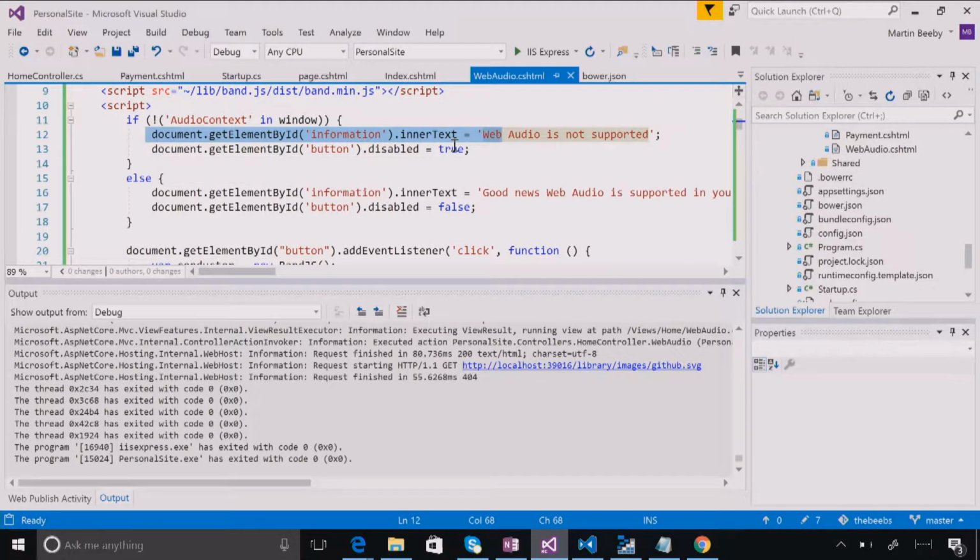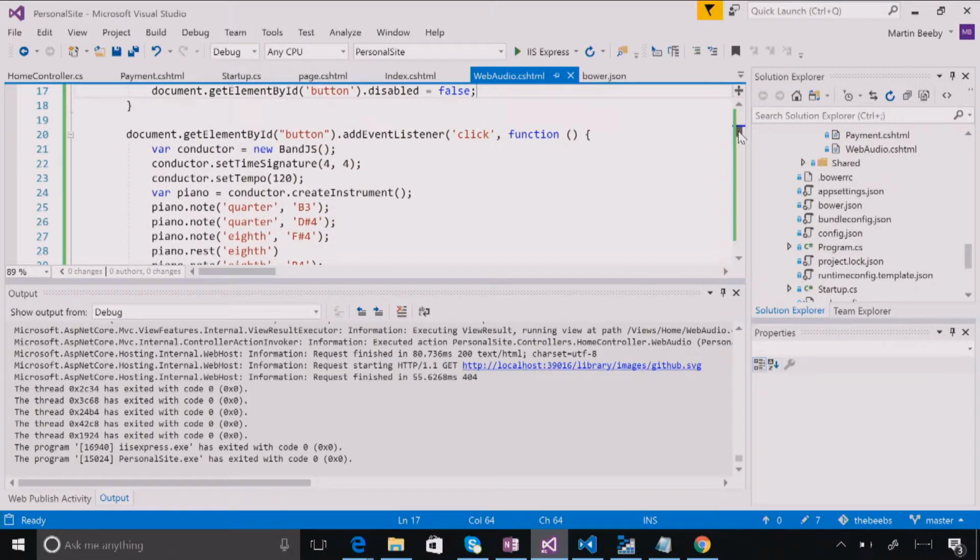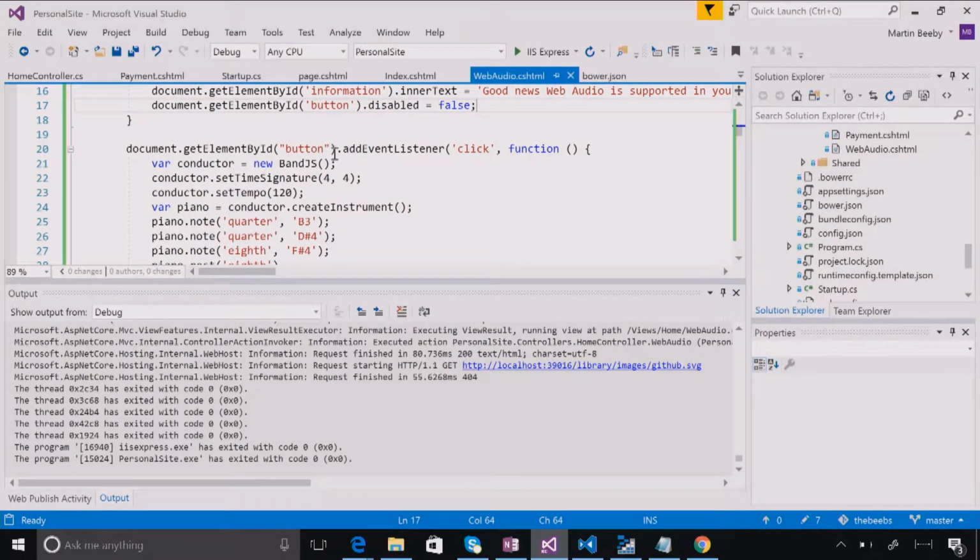So there's two elements on my page, an information and a button. Information is set, web audio is not supported, and the button's disabled. But if web audio is supported, it's going to say, good news, web audio is supported, and the button is going to be enabled. Yep. Okay. And then when the button is finally clicked, we're going to create a thing called a conductor